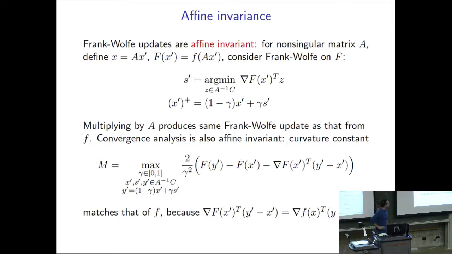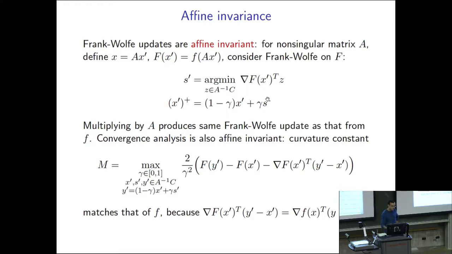So one important property of Frank-Wolfe that is not shared by projected gradient, and that you've only seen surface in second-order methods, is affine invariance. I think it's a very intriguing property of Frank-Wolfe, because it's not using second-order information. It's only using the gradient. But the way that it's set up is such that the updates are actually invariant to affine transformations. And it really comes from the fact that we're